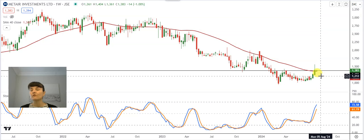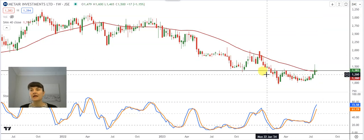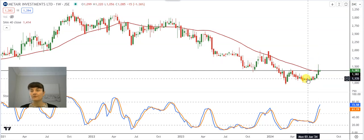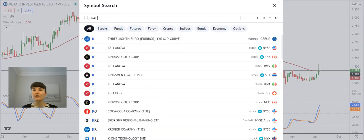Beautiful cup and handle formation. Let's see if that 40-week starts to remain support, and then we can hopefully see a little bit of a bounce here in Metair before the share becomes completely overbought. KAP Holdings,